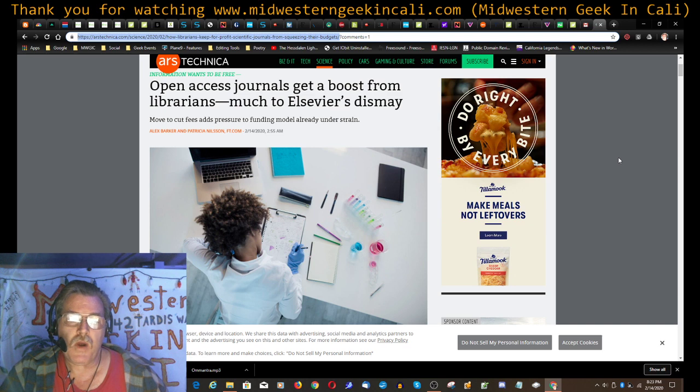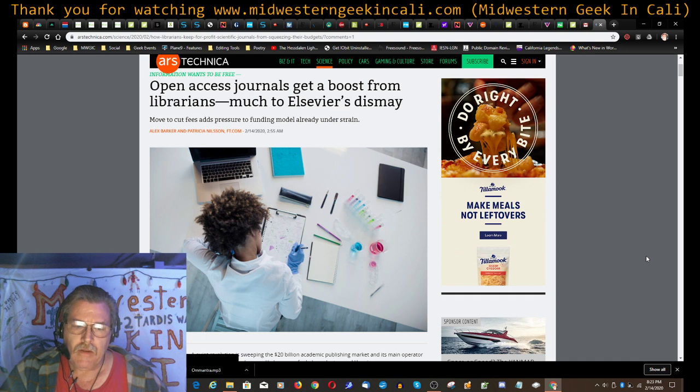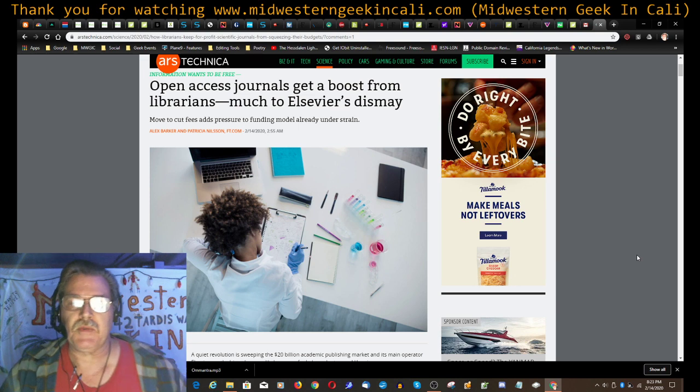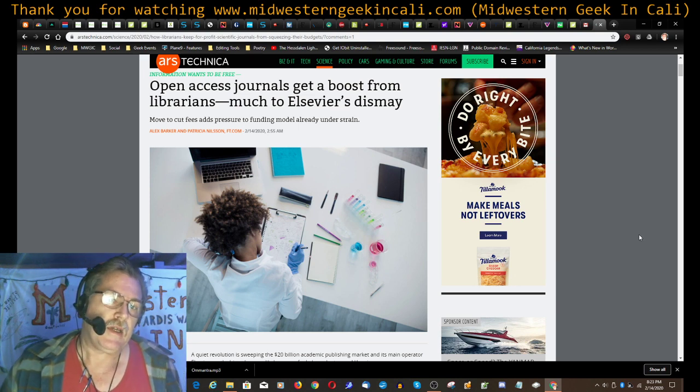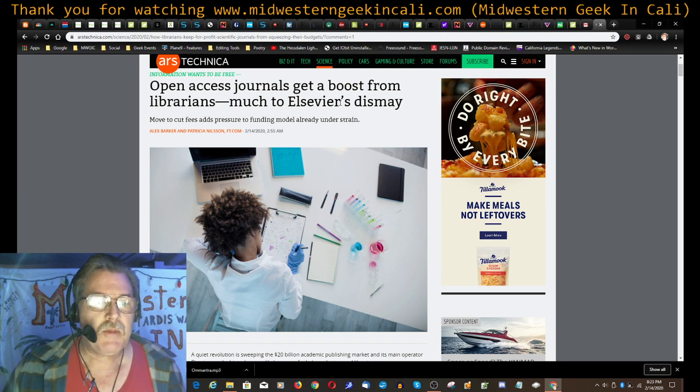And what they're talking about here is science journals and ways to post science articles. Now, you have journals like The Lancet, which is medical, and a lot of journals where scientists post peer-reviewed articles on scientific discoveries or research and theories and stuff. And this company, Elsevier, is the one that publishes a lot of those science and medical journals.